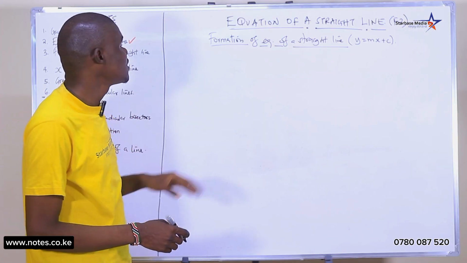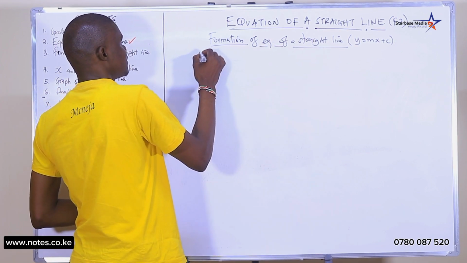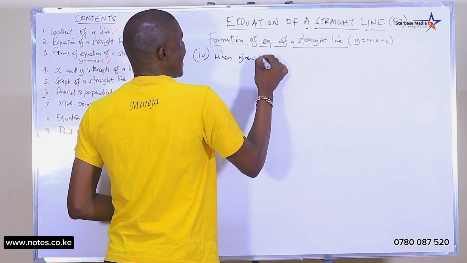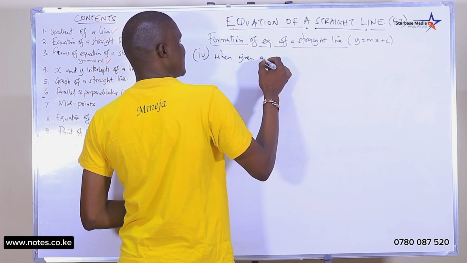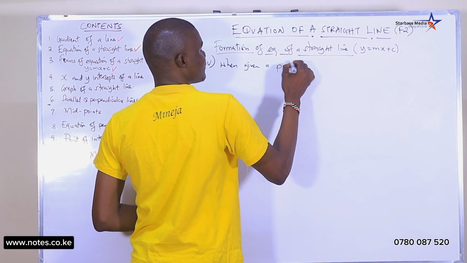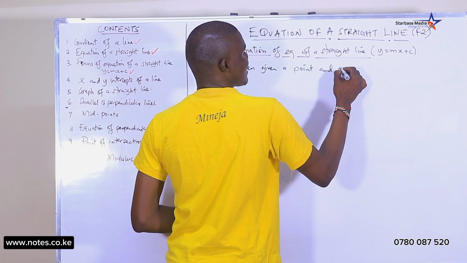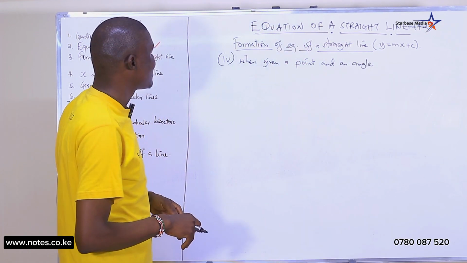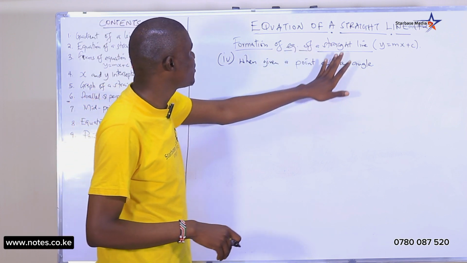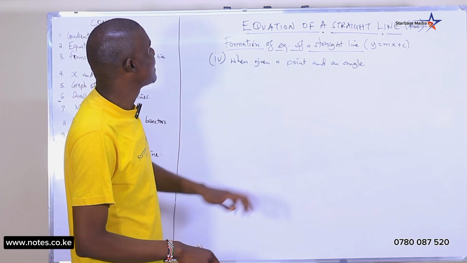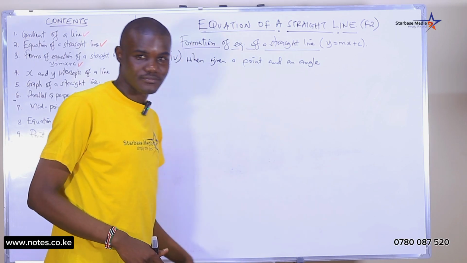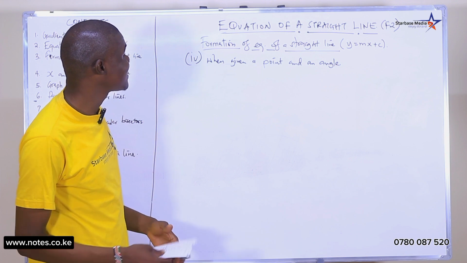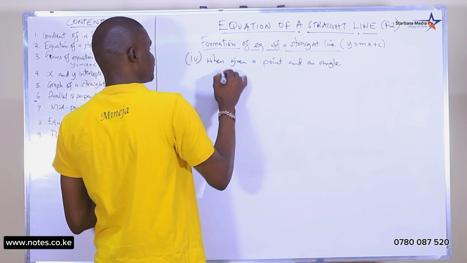The last way you can form an equation is when given a point and an angle. This is also a common question that is normally tested. How can you get the equation of a line when you are given a point and an angle? I want to give you a question so that you understand how it works. So the question